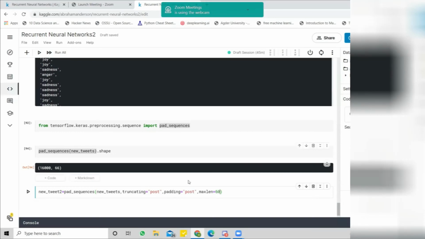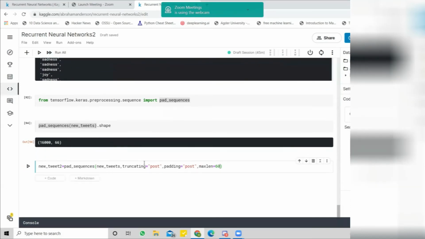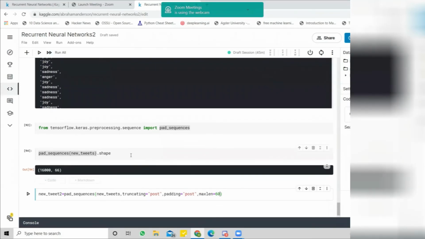We don't have enough time. I have gone through all of these tweets, but the majority of the tweets are lower than 60 words, maybe 99%. As you can see, there are two or three tweets that are higher than 60 words.